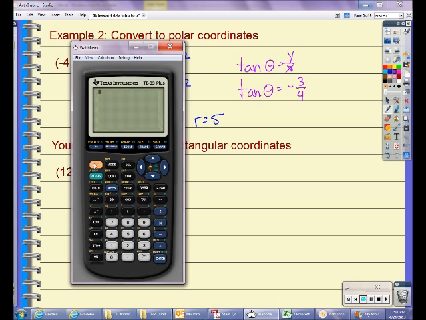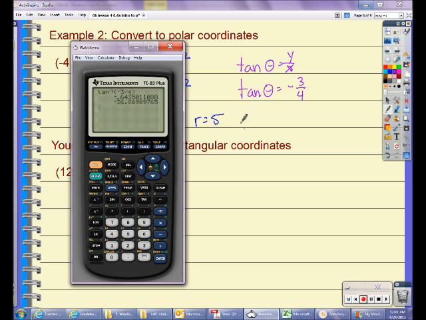So you can do inverse tangent of both sides. Inverse tangent of negative 3/4 gives you negative 6.4350 radians, or in degree mode,